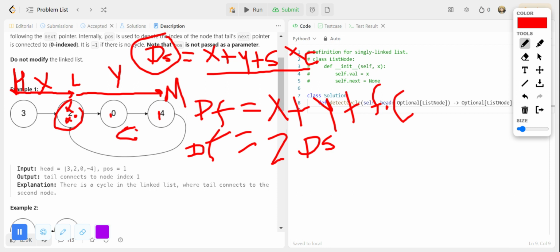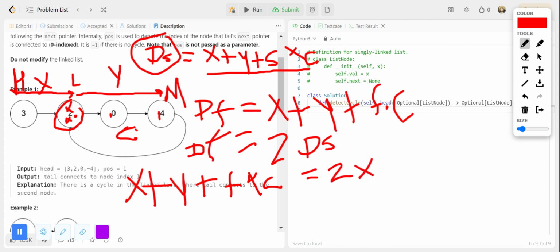So this means we can just substitute the variables, right? They say x plus x plus y, this, and times f times c. We have f times c, which is going to be two times x. Since the distance traveled by the faster pointer is twice, we have to take this one and substitute it in place of this. So it's plus two times y, and